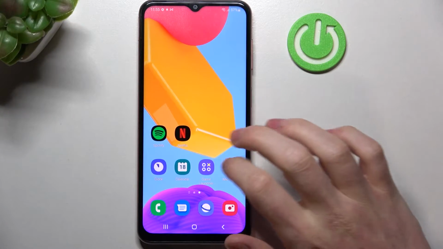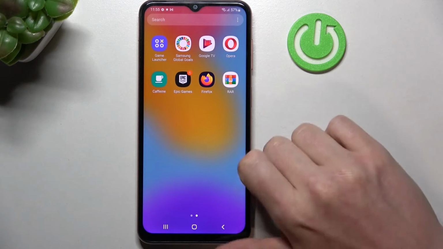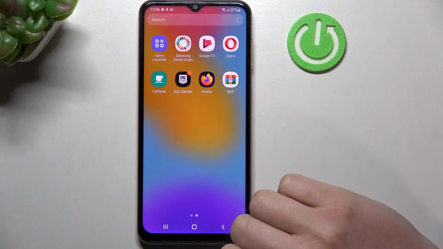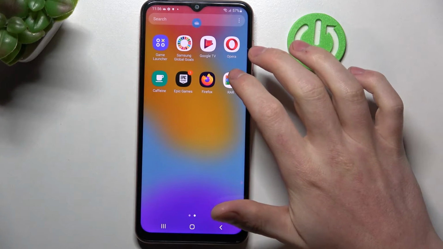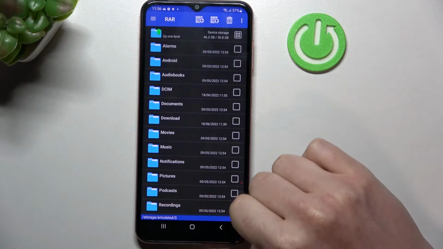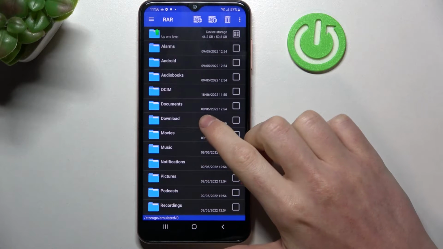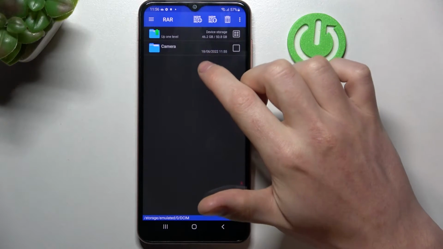Hello, in this video I'm gonna show you how to create your RAR and zip files by packing your files into RAR and zip archives. So in order to do this, we'll need to open our RAR app, which we've shown how to download in our other video. Now let's move to the folder that contains the files that we're gonna pack, and mine is